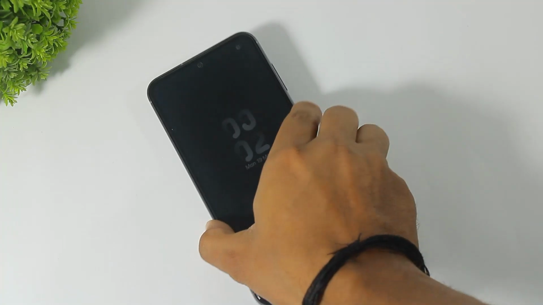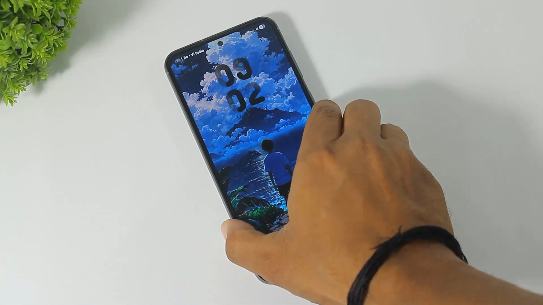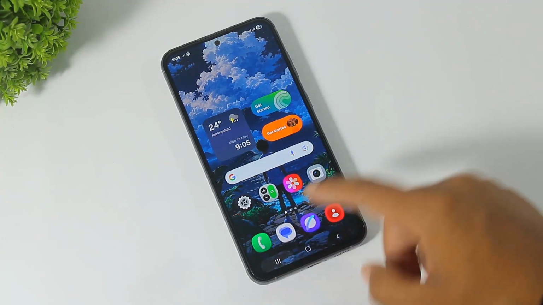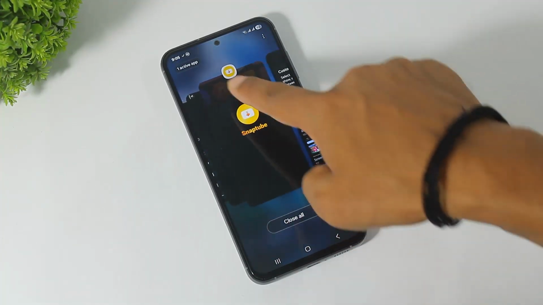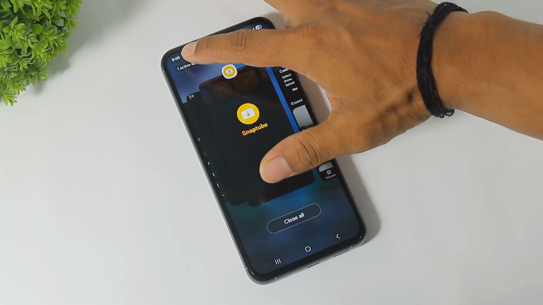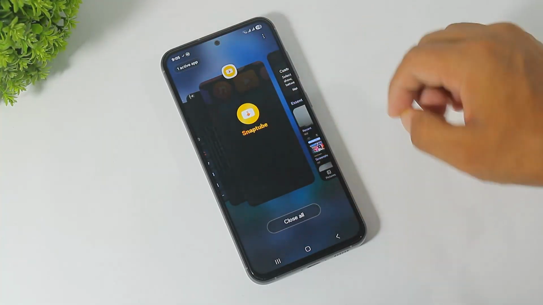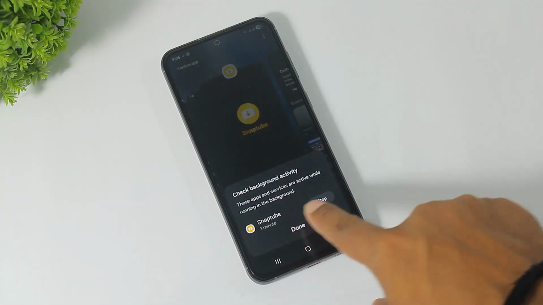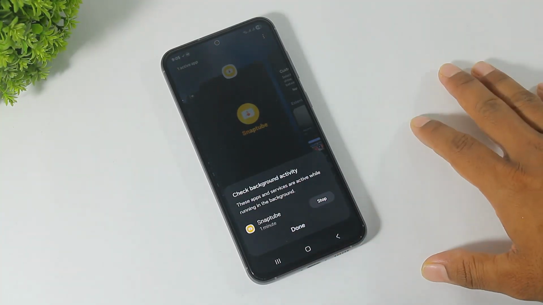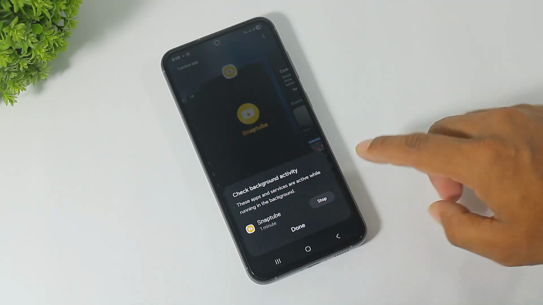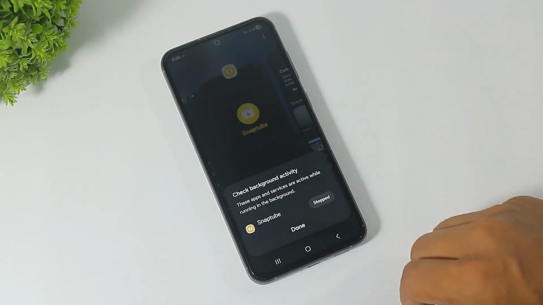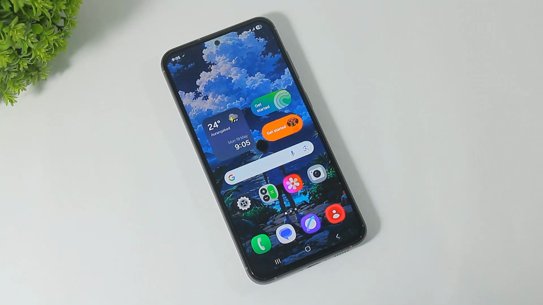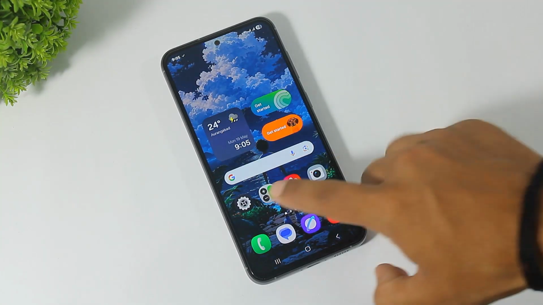Okay guys, first go to task changer and you can see active one app notification on your task changer. Then tap and check background activity and stop all apps in this list like this, and simply press done and close all. Okay, number 2, go to setting,